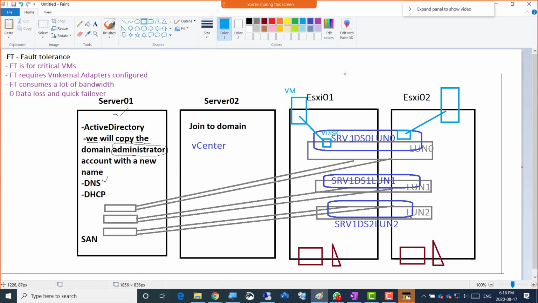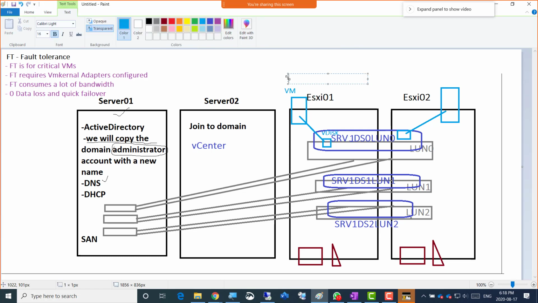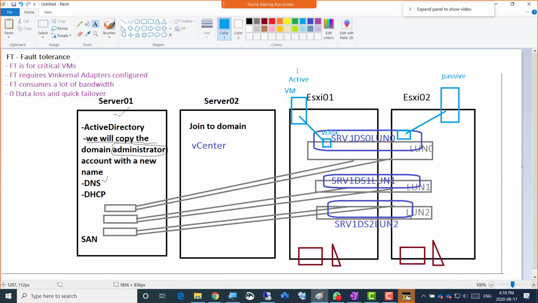So is there a problem with that, or is it okay? Anyone can tell me that? Should it not be done, or is it okay to be done like this? Here, this is active, this is passive, right? Passive. So the question is that